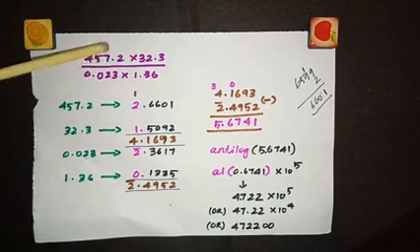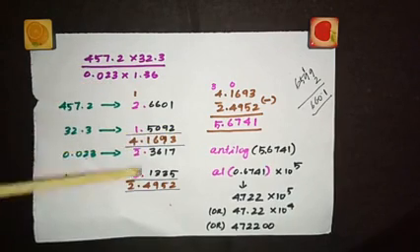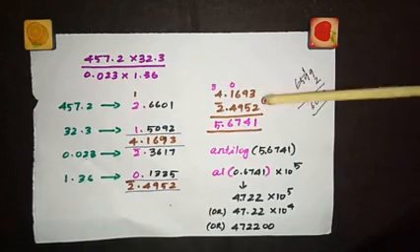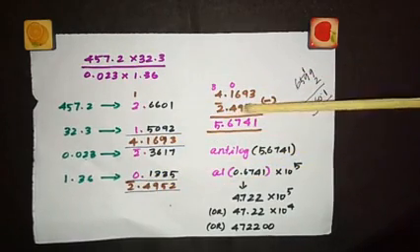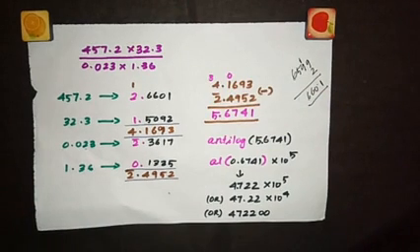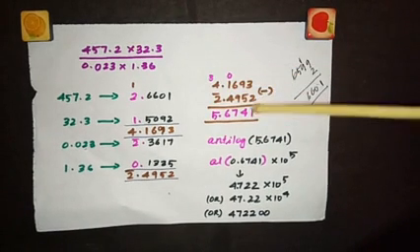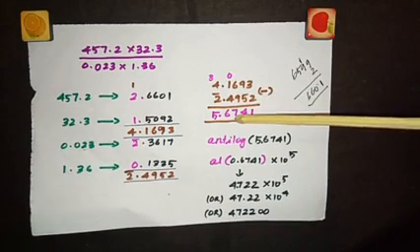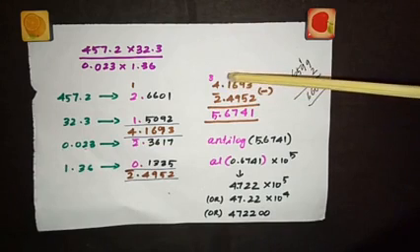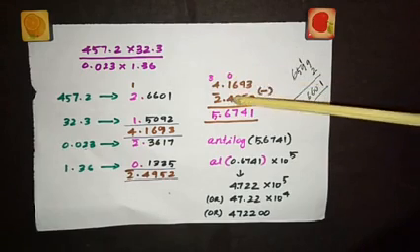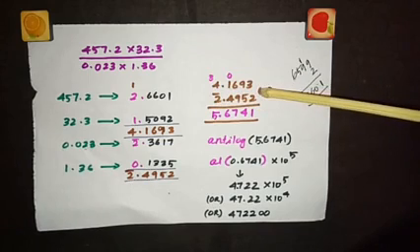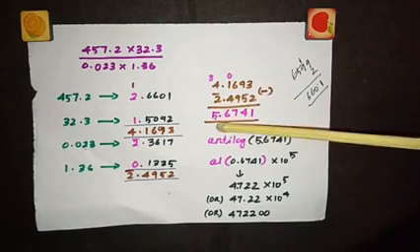Now this divided by this. So this log value minus this log value. So take these two values and subtract. Look here. 4.1693 minus 2 bar 0.4952. You are going to subtract. 3 minus 2 is 1. 9 minus 5 is 4. 16 minus 9 would be 7. So you are borrowing from here. So this 1 becomes 0. So you are borrowing 1 from here. So this becomes 3. So 10 minus 4 will be 6. Now 3 minus minus 2. So minus of minus will become plus. So 3 plus 2 will be equal to 5.